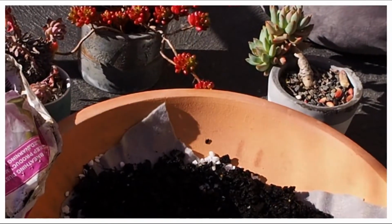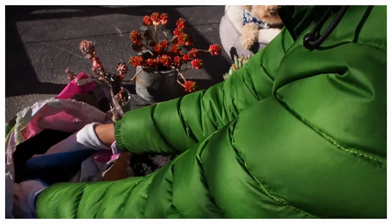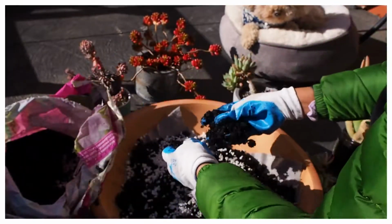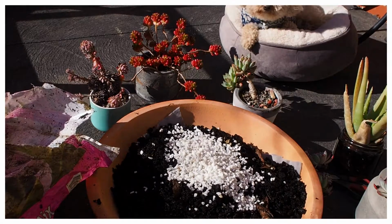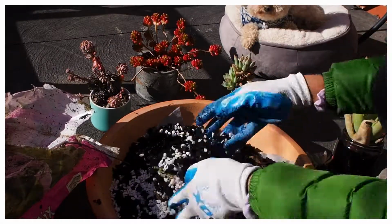And you just basically have a feel as to what you think is sufficient here, and you just keep repeating the process until you're satisfied with